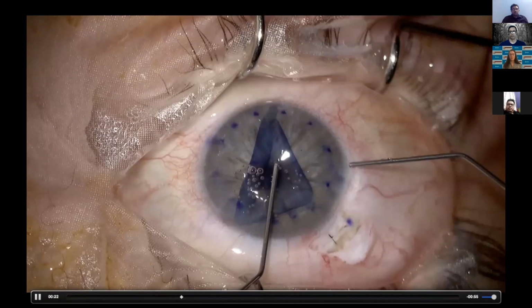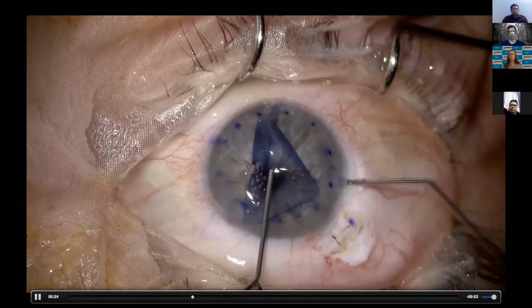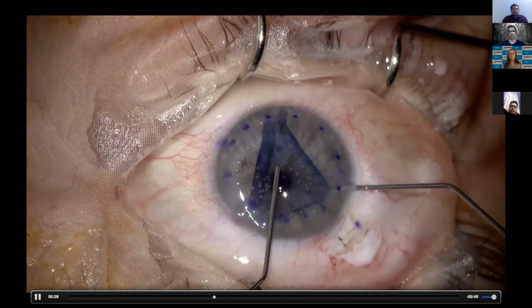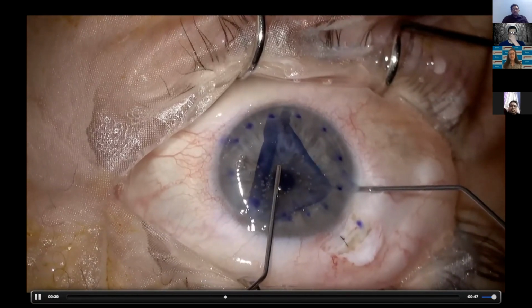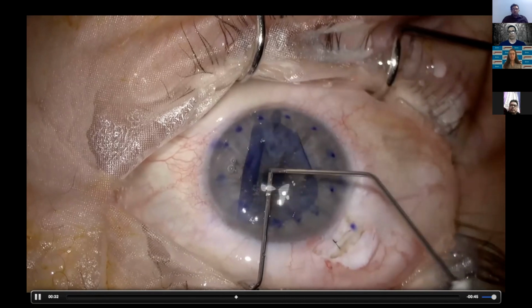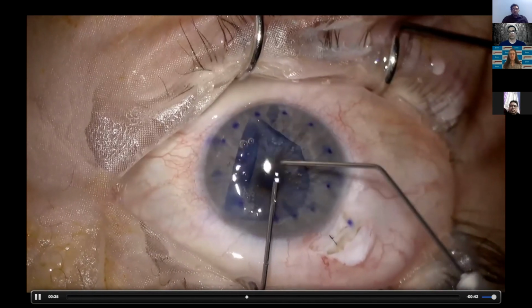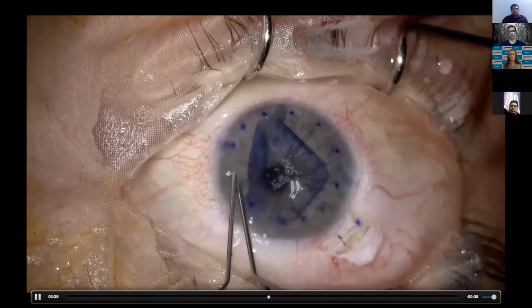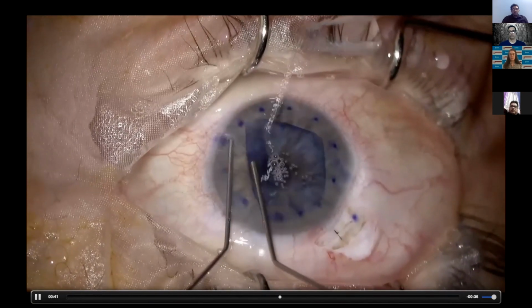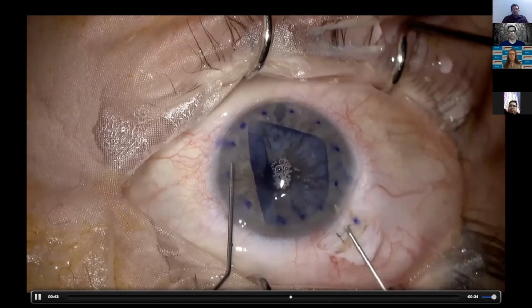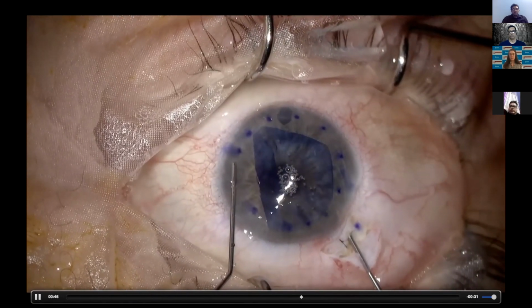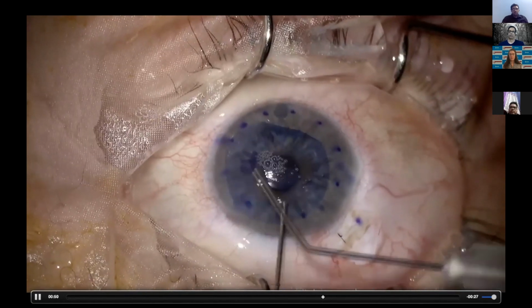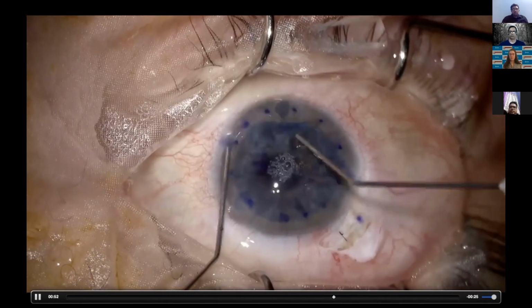Once you have it in the right orientation, then you can shallow the chamber so that the graft doesn't displace. And the rest of the maneuvers are the same as what I showed in the previous step, where you tap in the periphery and you can get the graft to open up. So you can see there, always center the graft, because you don't have too much space in the periphery. So when you move your graft towards the desired position, the final position, you can have peripheral space to move around. And then you can see by gentle tapping, you can open up the graft and then put an air bubble